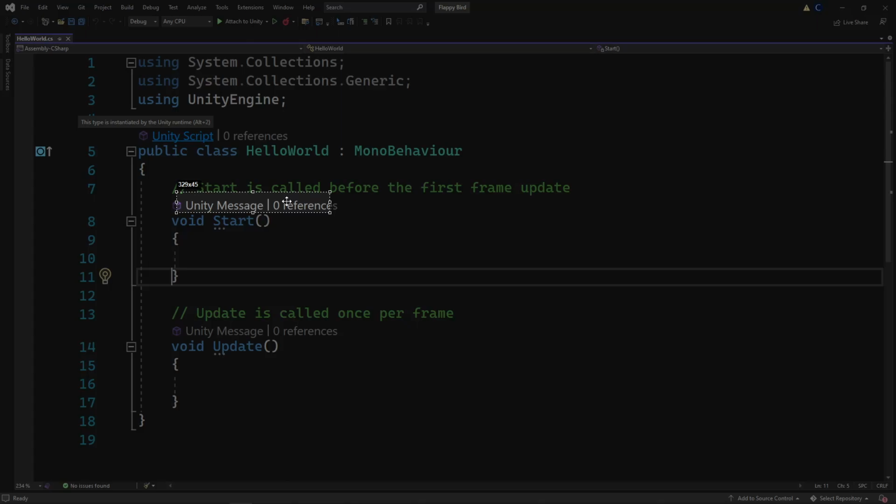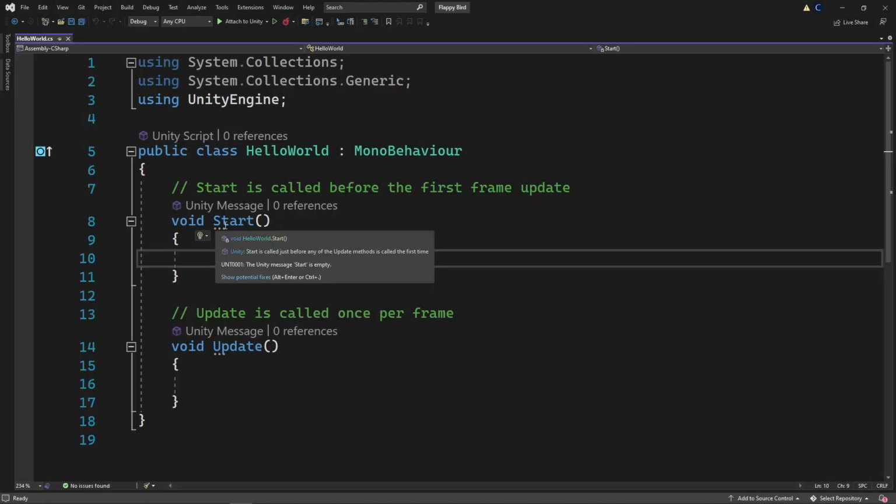So one of the really nice things about Visual Studio is that it has some integrations with Unity. Whenever you hover over a Unity function, it will tell you this is what it does in Unity. But sometimes it doesn't integrate nicely. What I've noticed is that this might just be on the 2019 version, but if you close out of Visual Studio, just click the X and then open up the Hello World script again, usually that fixes it.